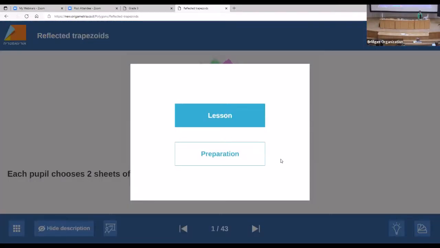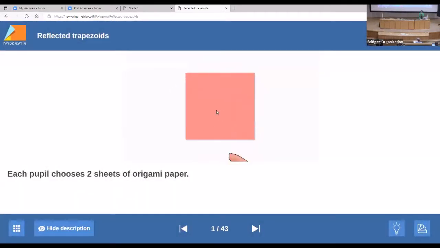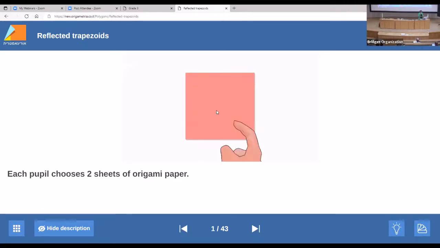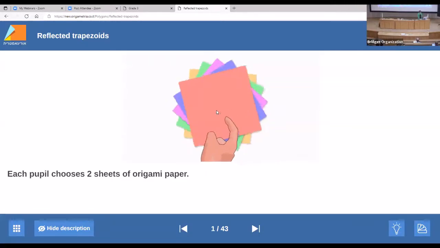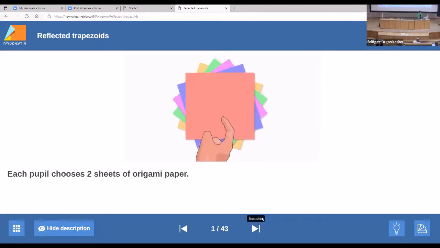Now, usually she can prepare the lesson and write comments. Maybe she wants to ask them some other question in the middle of a lesson, she can do it in the preparation. But because I already prepared today, I go straight to the lesson. And now she hands to the kids the origami paper. So the children take the paper and she starts to teach. You already got the paper. So